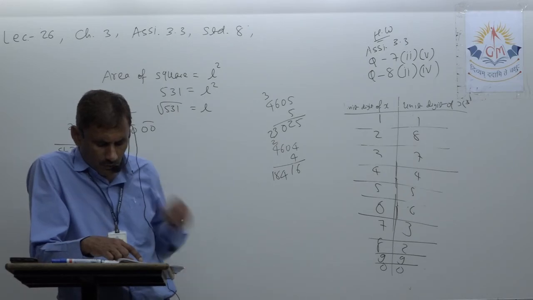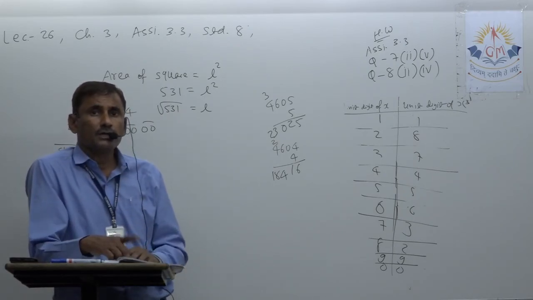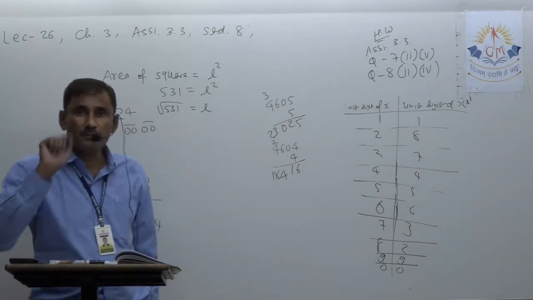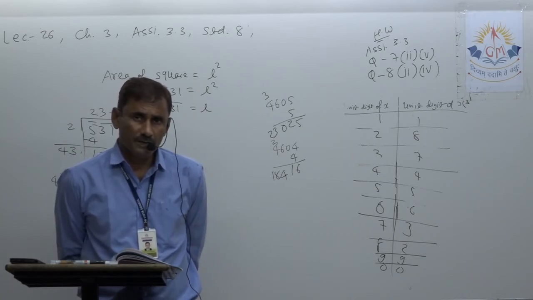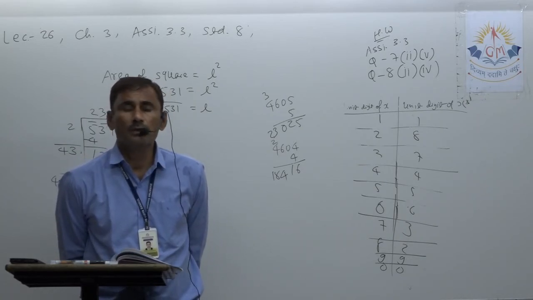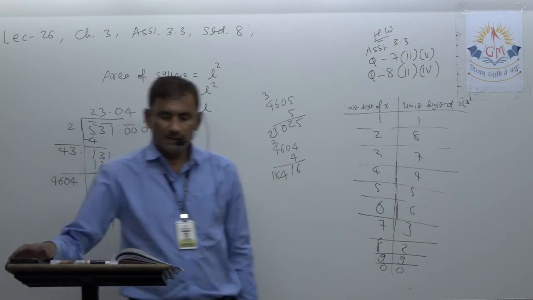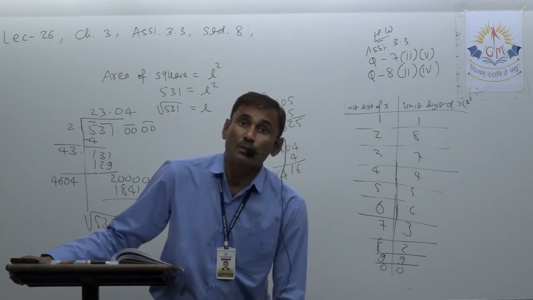Number 4, cubes of all negative numbers are negative. Be careful here. Cubes of negative numbers are negative, and the square of a negative number is positive. Understand well. The square of a negative number is positive, but the cube of a negative number is always negative. So understood? Whatever the sign of any number, the same sign will be at its cube also.